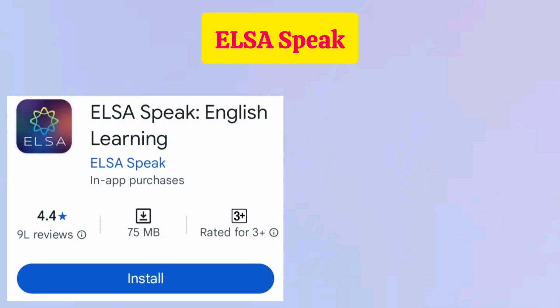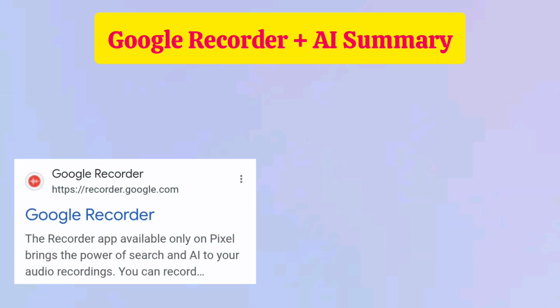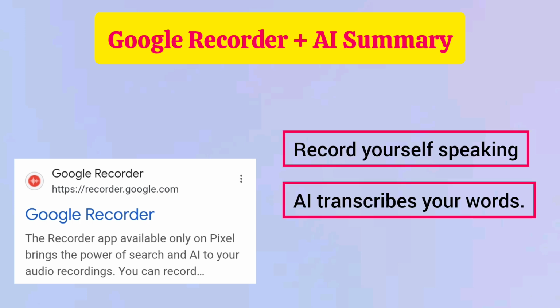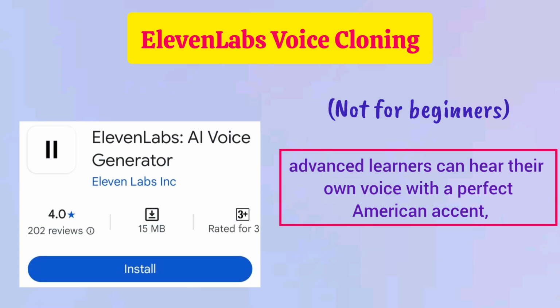Checkmark 1. Elsa Speak, one of the most popular AI pronunciation apps. It listens, scores your accent, and gives real-time feedback. Checkmark 2. Google Recorder Plus AI Summary. Record yourself speaking and see how AI transcribes your words. You can even spot where your pronunciation caused errors. Checkmark 3. 11 Labs Voice Cloning. Not for beginners, but advanced learners can hear their own voice with a perfect American accent, then practice by matching